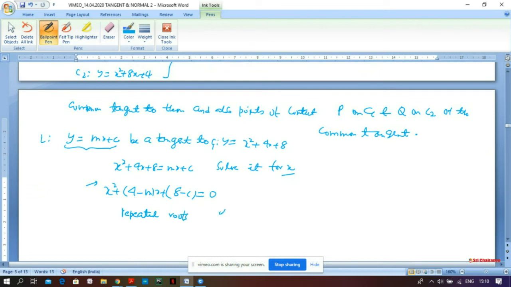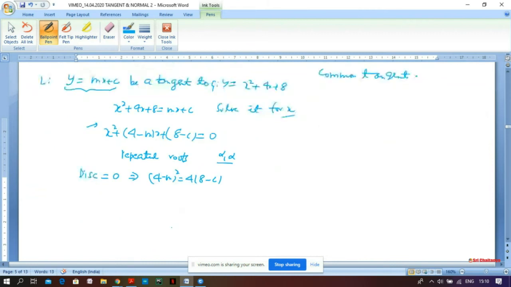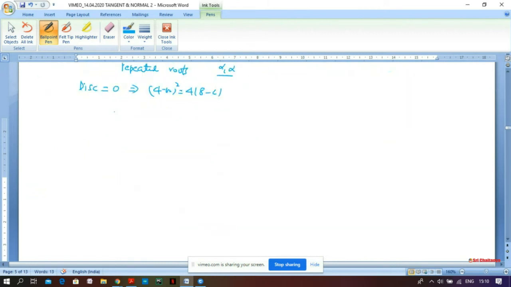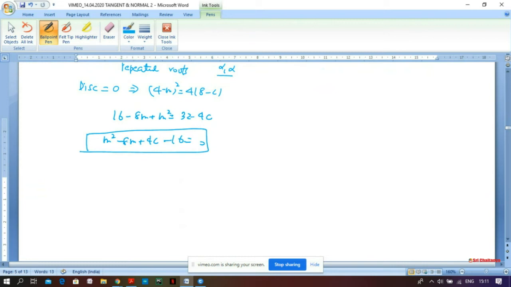But it's a quadratic, so it means I expect to get equal roots alpha and alpha. The condition is discriminant equal to 0, and that implies that b squared equals 4ac, and that we can simplify a bit. And we can write here that 16 minus 8m plus m squared is 32 minus 4c. That gives you m squared minus 8m plus 4c minus 16 is 0. So we get this kind of thing, that this is the condition,